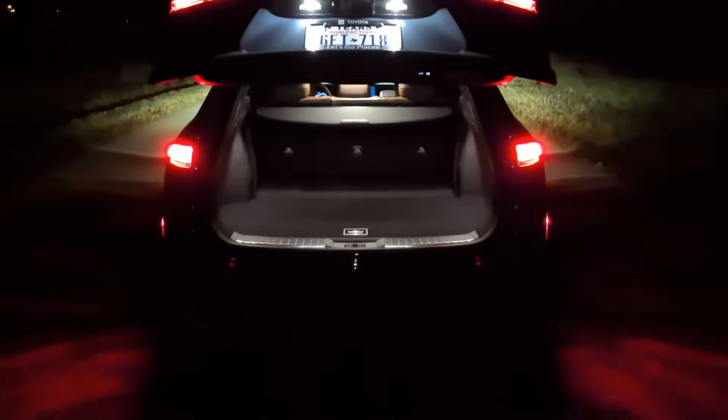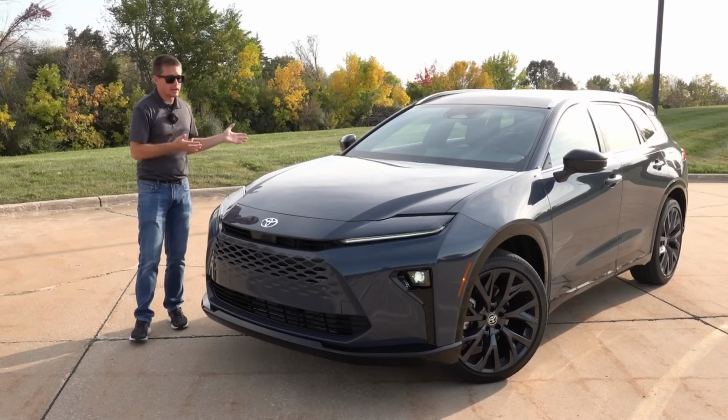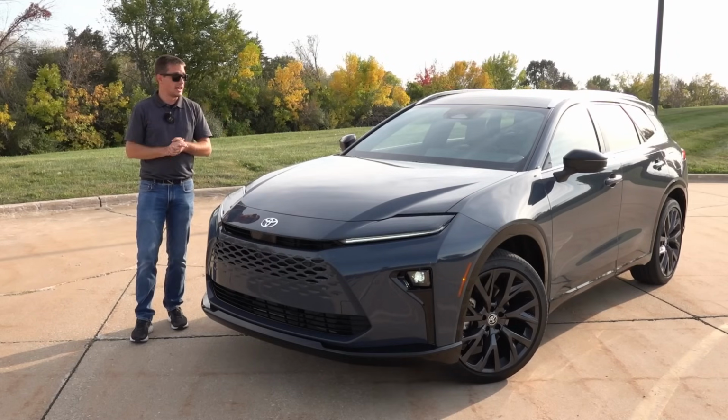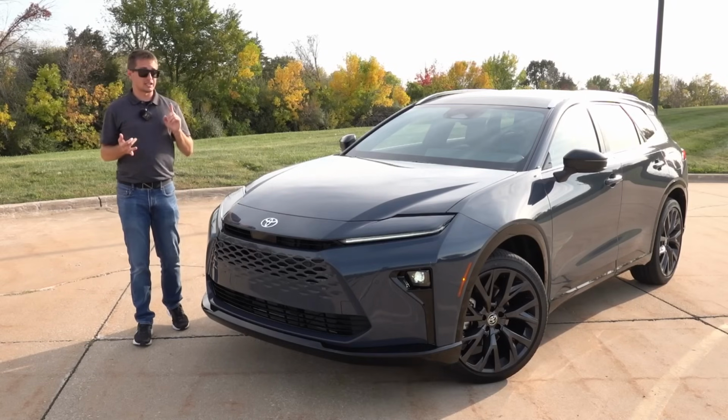So again, that provides a little bit of accent as well as puddle lighting on the actual ground itself, so you can basically see around most aspects of this vehicle quite well. So I really like the details that Toyota did with this vehicle in terms of its lighting. Now, sure, would it be nice to have a little bit of ambient LED color changing lighting on the inside? Sure, but I think the white accent lighting that they chose to do, both for aesthetics as well as functional